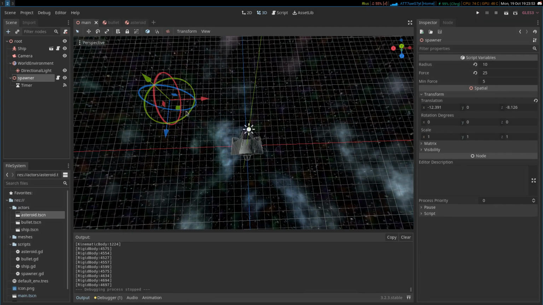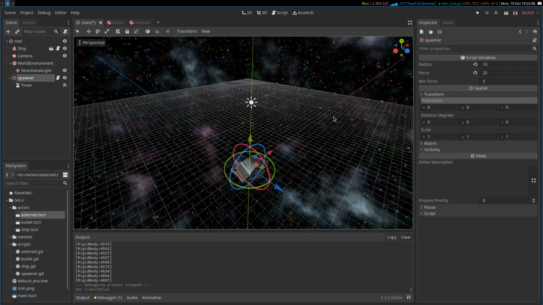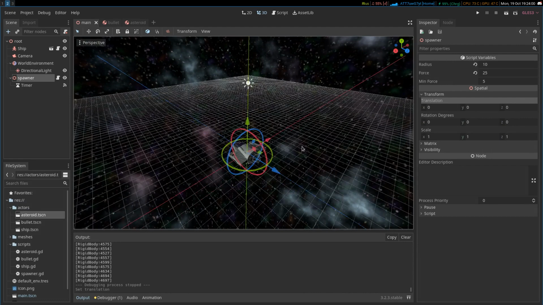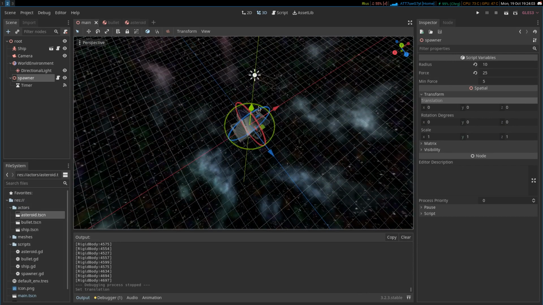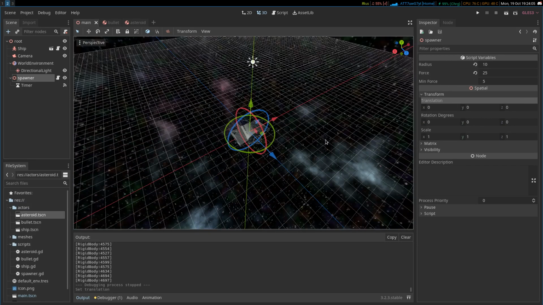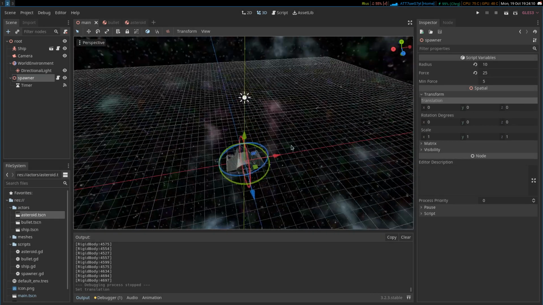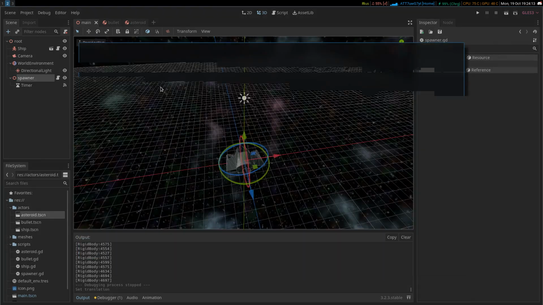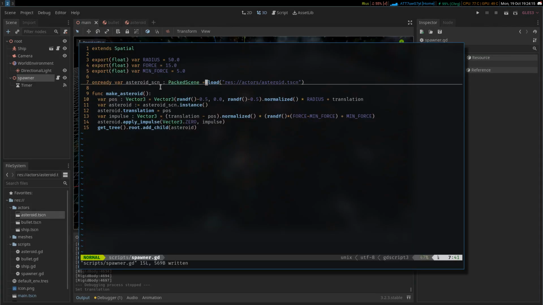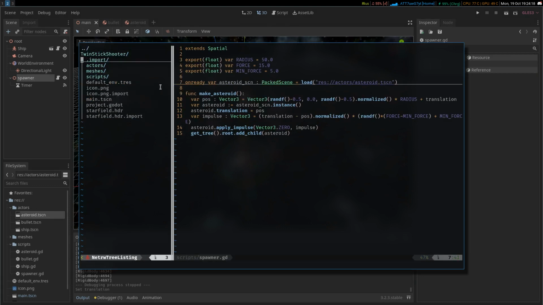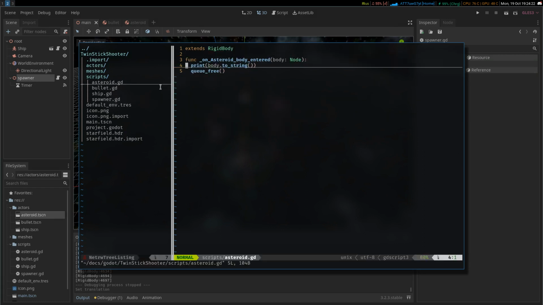And then the other thing I was thinking, let me set this back in the middle again. There. Was that I want to have a bigger field of motion. So like I want to be able to go for long distances across this starfield. Let me actually get rid of this. Oops. I want to make this asteroid stop printing things. But